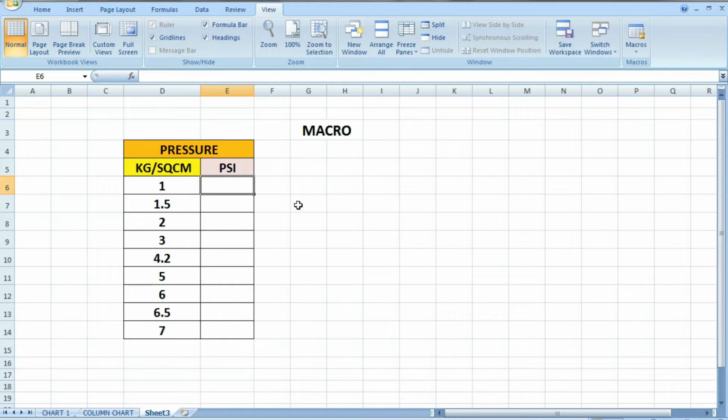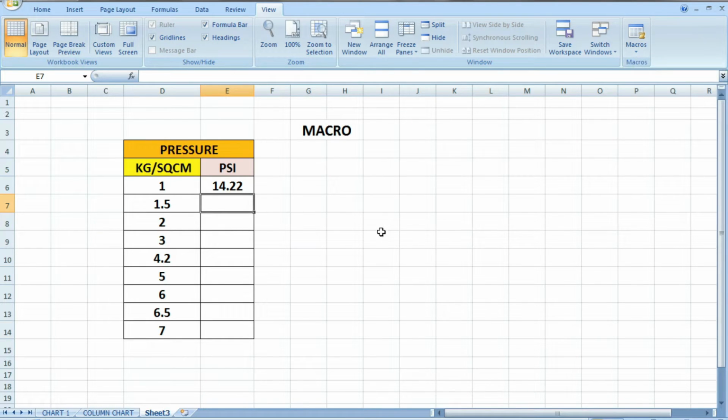Now whatever we do will be recorded by the Excel macro. So this is equal to this multiplied by 14.22, and this goes to the next cell. Now we will stop the macro here.